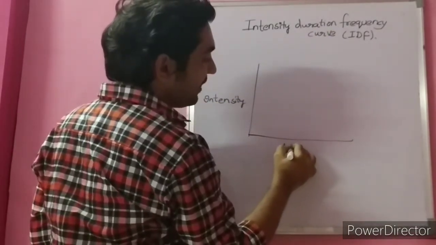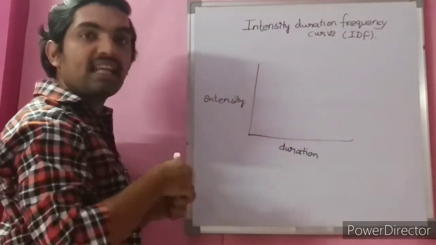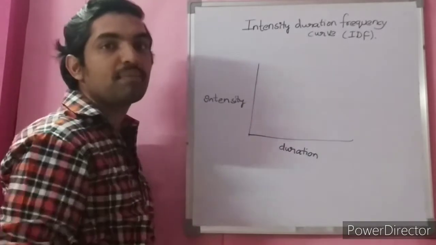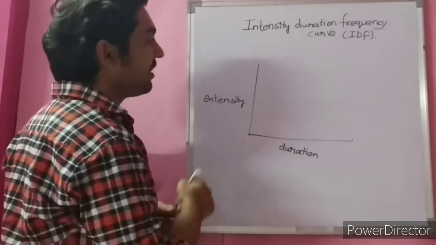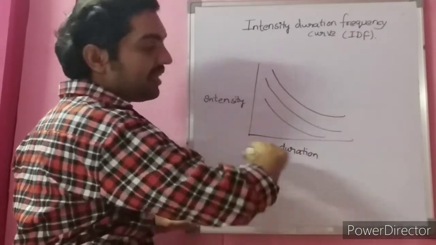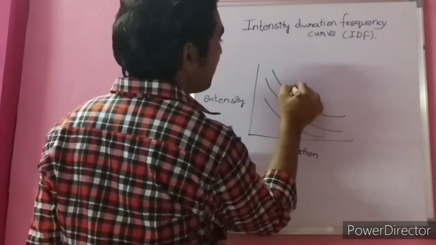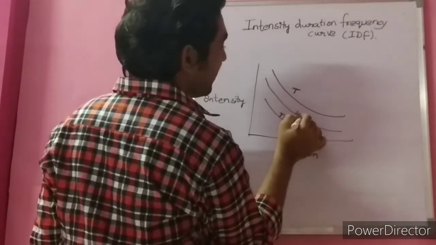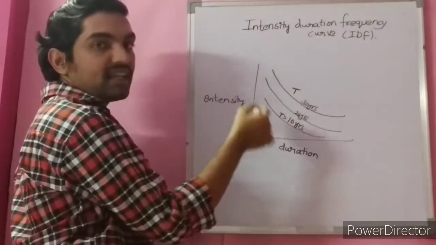Duration: with the time period, intensity of rainfall decreases. At first rainfall is heavy, and rain occurs with heavy intensity during the initial period. You observe the rainfall at any time, and gradually as time progresses, the intensity of rainfall reduces. With increase in duration, the intensity of rainfall decreases. This curve is for return period T, let us say T equal to 10 years here, 20 years here, 30 years. For a given duration, the return period increases with increase in intensity of rainfall.